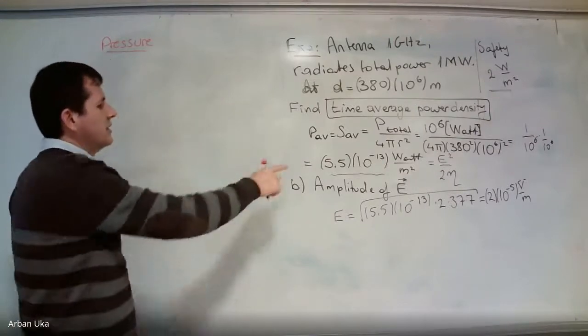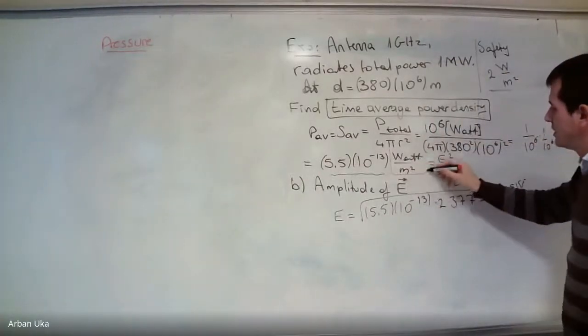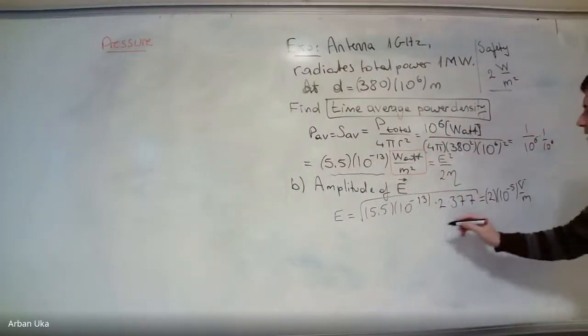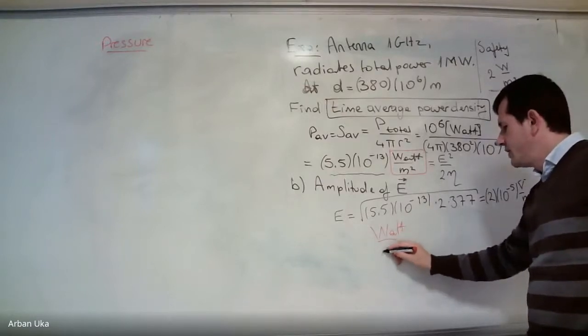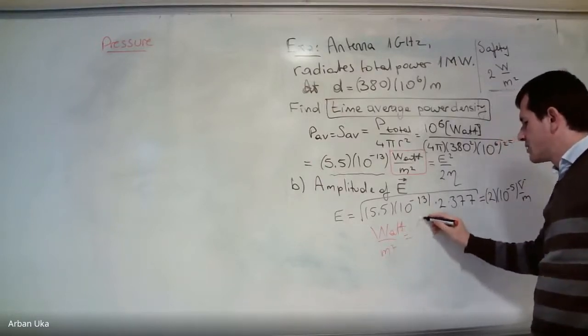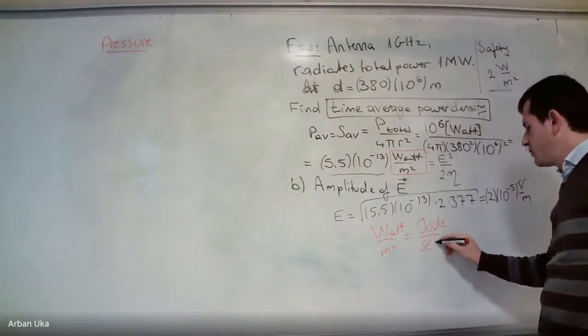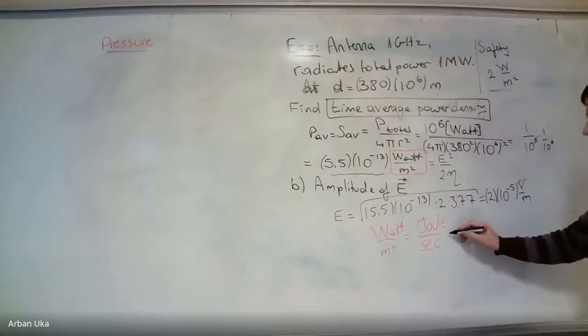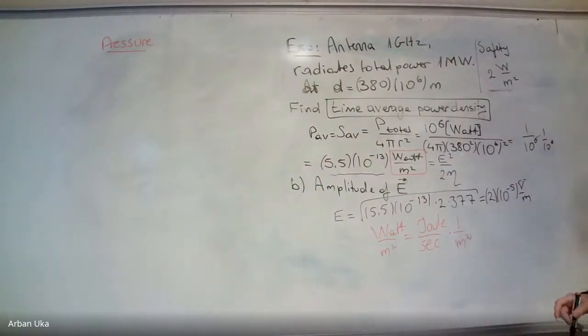So if this quantity which is here, watt per meter square, let's take a note here, we know that this is joule per second. Joule per unit time is watt, times 1/meter square. So once we see these joules, it looks like there is some energy that we generate, and we